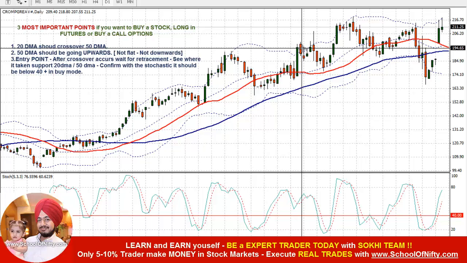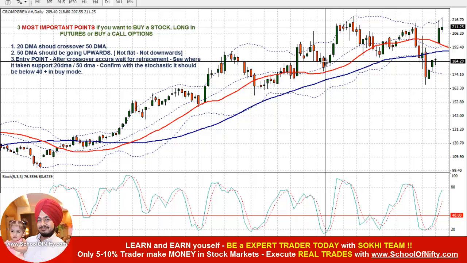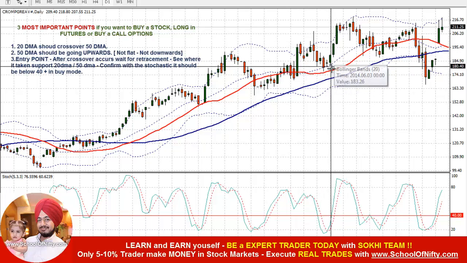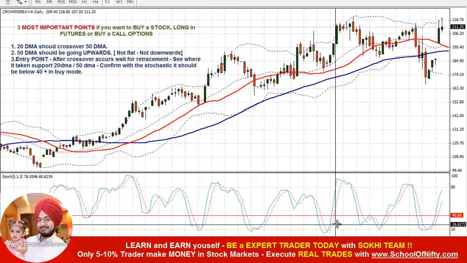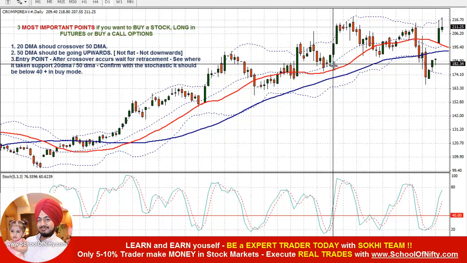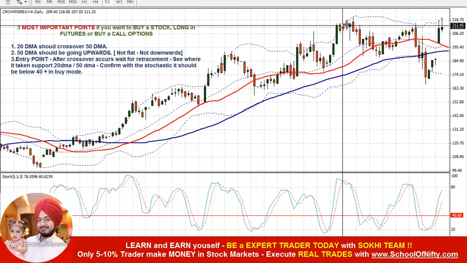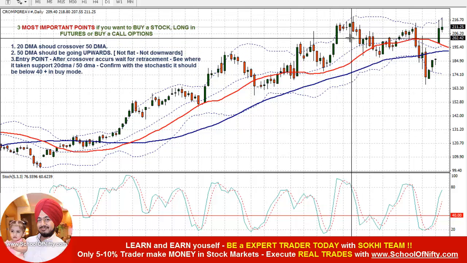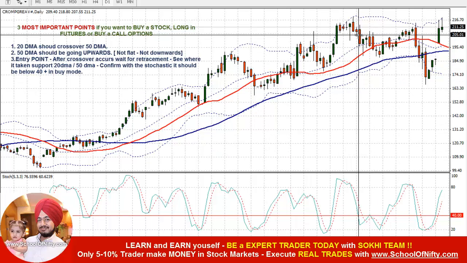Again, awesome gains. Again the retracement has occurred over here, guys. Fine. Taking support at around the 20 days moving average. The stochastic is below 40, well below 40, and yes, I buy over here and it shot up to 180 levels. Amazing. And I hope, guys, you are getting some serious value from this video. It's an amazing way where you can plan your